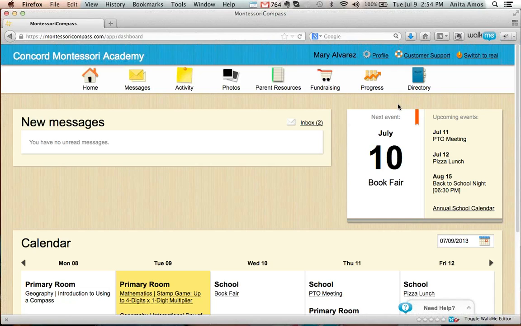Can you pass these invitations out, or can you put them in a folder for me? Or, I need to do a PTO meeting. Can I get this? Can I get that? So if you look at the amount of time that your staff might spend over the course of a year answering those types of questions, perhaps this is a real time saver for you. So again, it's whatever works best for your school.